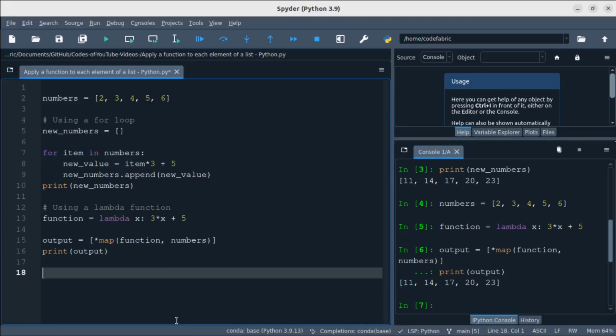Oh, this is about it. I hope you understood the idea behind the for loop and how to apply this function, and also what the map function is and how a